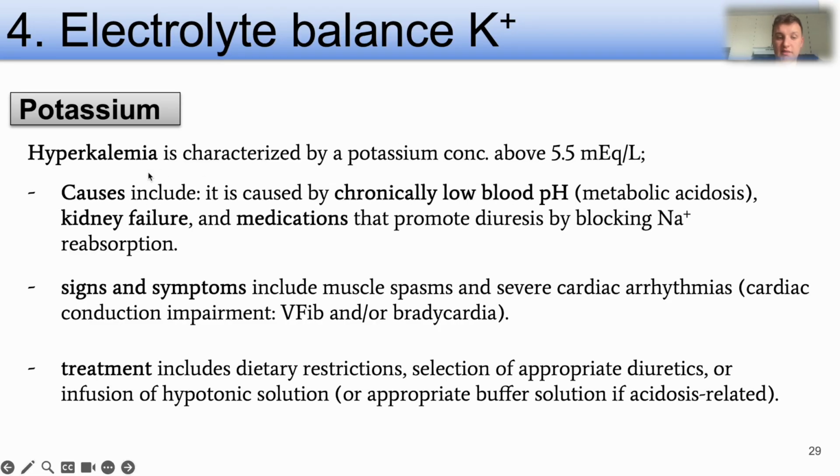Okay, hyperkalemia now is characterized by potassium concentrations above 5.5 milliequivalents per liter. This causes include chronically low blood pH, so metabolic acidosis, kidney failure, and different medications that promote diuresis by blocking the sodium reabsorption, right? Signs and symptoms include muscle spasms, severe cardiac arrhythmias, cardiac conduction impairment such as VFib, ventricular fibrillation, and